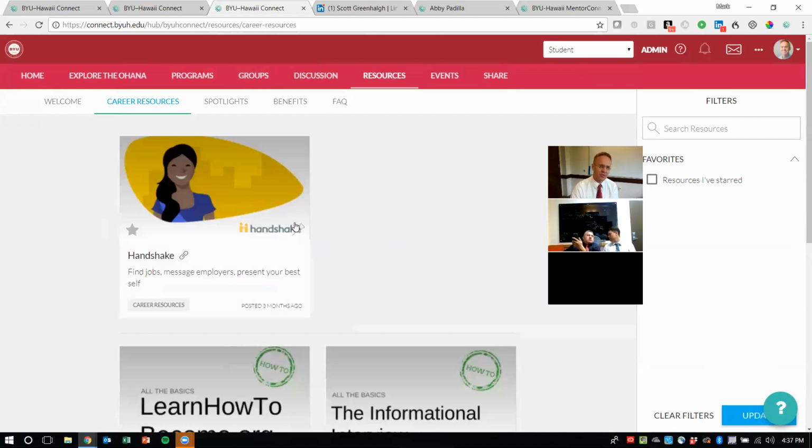Handshake is a separate platform, a separate tool, which is similar to People Grove in the sense that it gets the career center out of the middle. No more need to be the middleman. In this case, it's not between students and alumni, or alumni and alumni, but between students and an employer, a campus recruiter. Traditionally, campus recruiters have come to offices like ours and said, hey, can you produce me a resume book of all students who are graduating within this time frame from this major, who are interested in working in this location or in this industry. And we have been the intermediary. We hustle together and find all those resumes and share them.